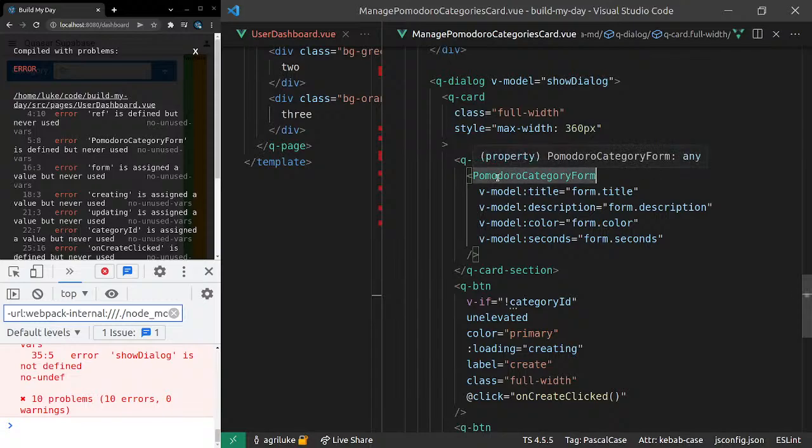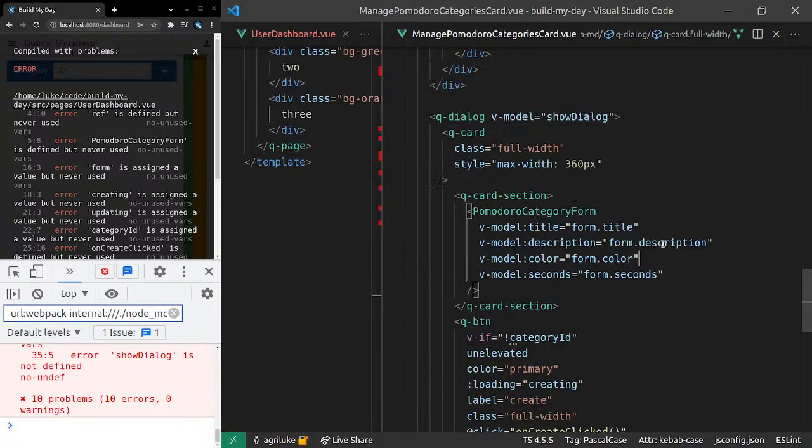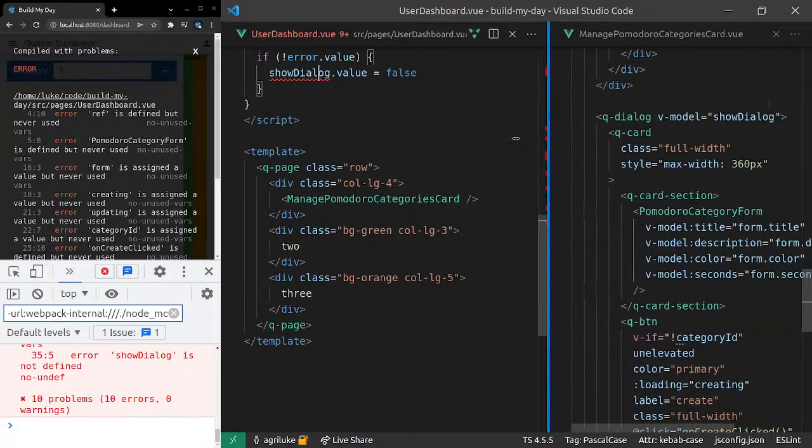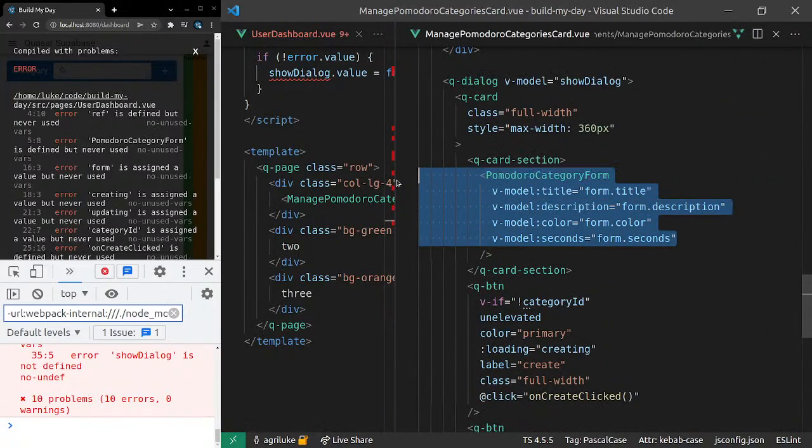So, should I be passing the parent down the form? Or should manage Pomodoro categories have the responsibility? Yeah, it should know. I think it should know the shape of what a form looks like. Should it, or should we pass the form down? So this is what I'm wrestling with right now. You can either pass the form components down from the dashboard, or you can pass them down at this level. If I pass them down at this level,